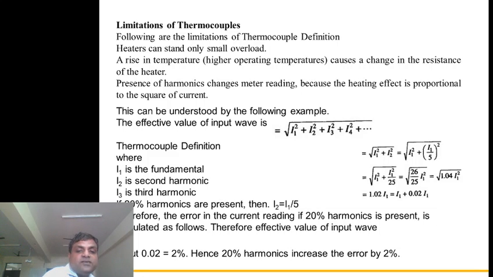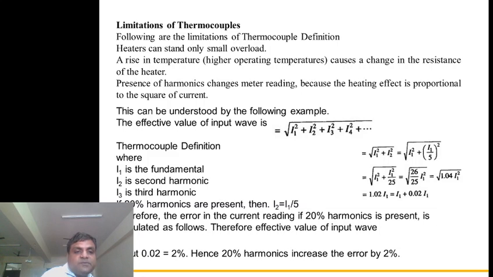It means I equals the square root of I1 squared plus I2 squared plus I3 squared plus I4 squared. So I1 is the fundamental, I2 second, I3 third. Then see this particular example to understand what the limitations are. If 20% harmonics are present, then I2 equals 20% of I1. So it means I2 equals I1 upon 5. Therefore, if you put I2 equal to I1 upon 5 and I3, I4 equal to 0, then